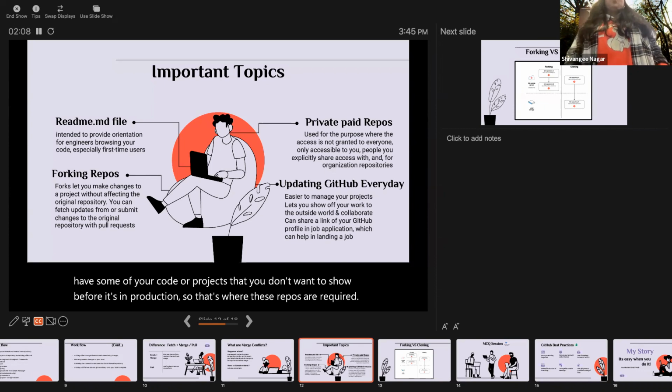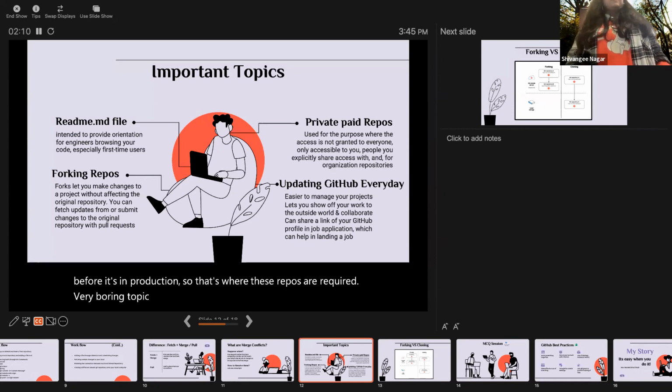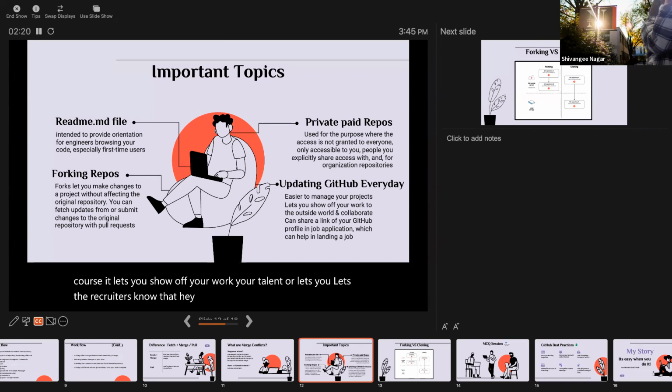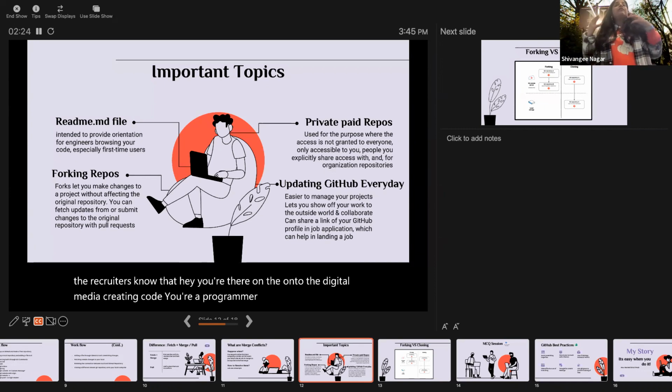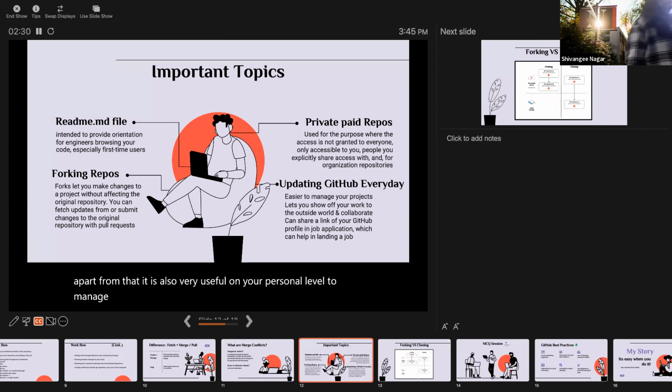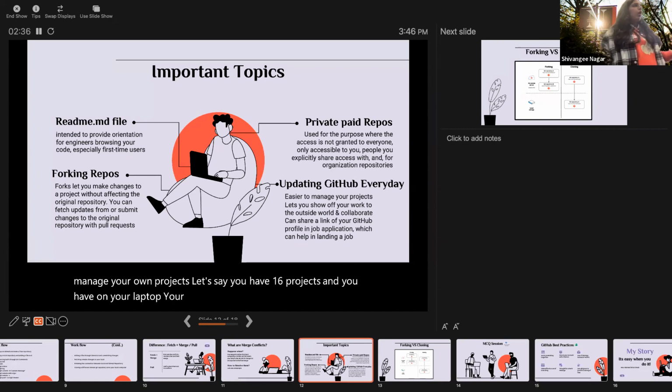Very important topic, updating GitHub every day. Of course, it lets you show off your work, your talent, lets the recruiters know that, hey, you're there on digital media, creating code, you're a programmer, you're a developer. But apart from that, it is also very useful on your personal level to manage your own projects. Let's say you have 16 projects on your laptop, and your laptop is gone.